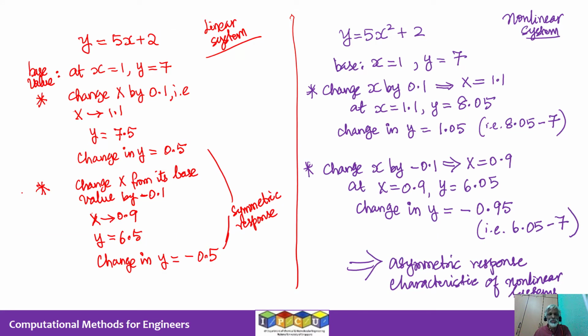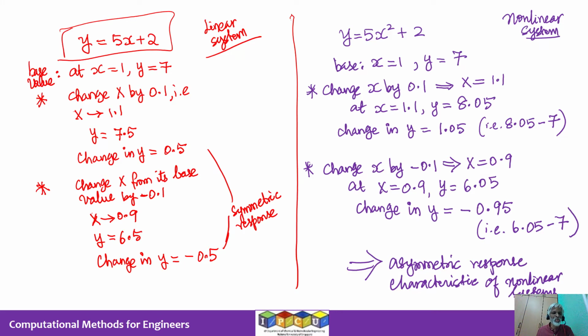Now, let me take a very simple example here. Let's look at the left-hand side, which is marked in red color. Let's consider the equation y = 5x + 2. I'm not even talking about a dynamical system where things change with respect to time. Just consider the simple algebraic equation y = 5x + 2. x is the input, y is the output. So x is like u in the previous diagram and y is the output, right? This is a very simple algebraic relationship. Note it is linear: 5x is a linear term, plus 2 is a linear term. So this relationship is a linear relationship.